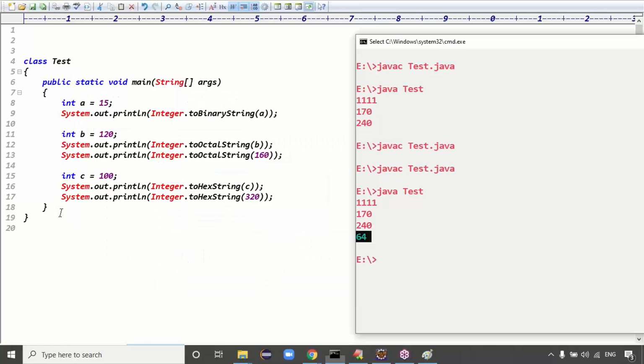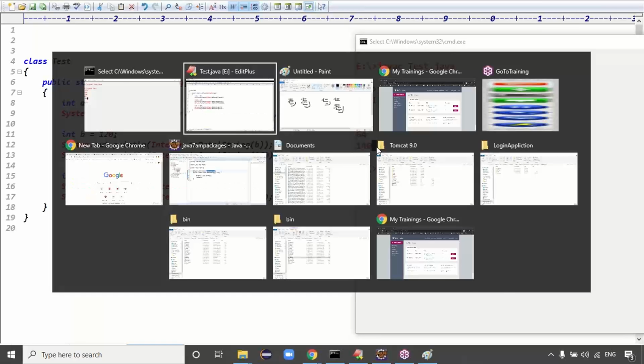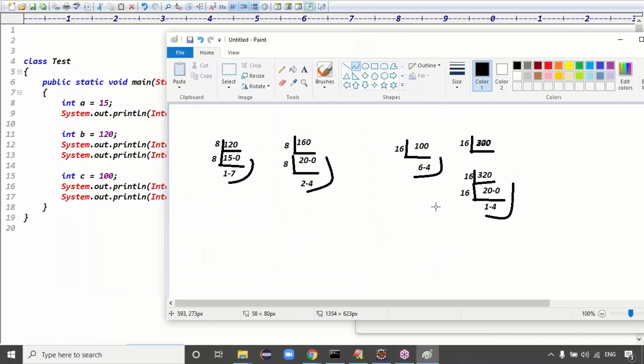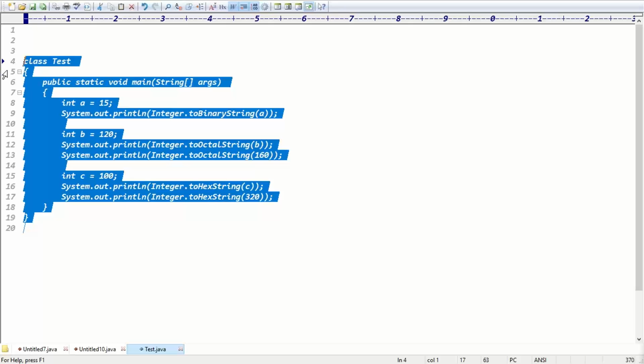Basically, at the web application level we will not use these concepts. Mostly they are used in circuit designing. But anyhow, the points are important, right? The code is compiled fine. The Java class executed fine. At last, we got the output 140, right? Is that clear? You can take all these points later when you see the video, or when you write the notes, okay?